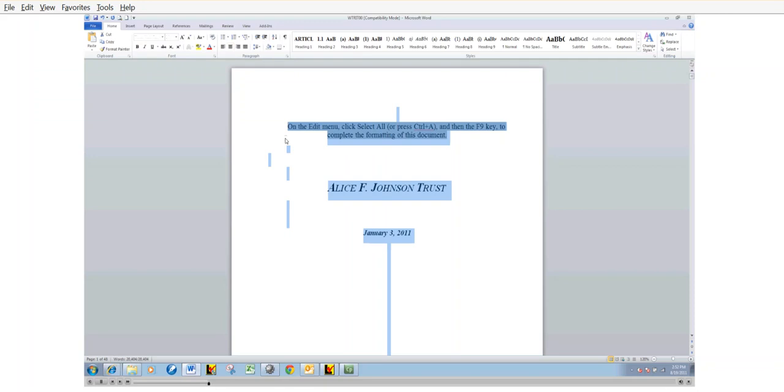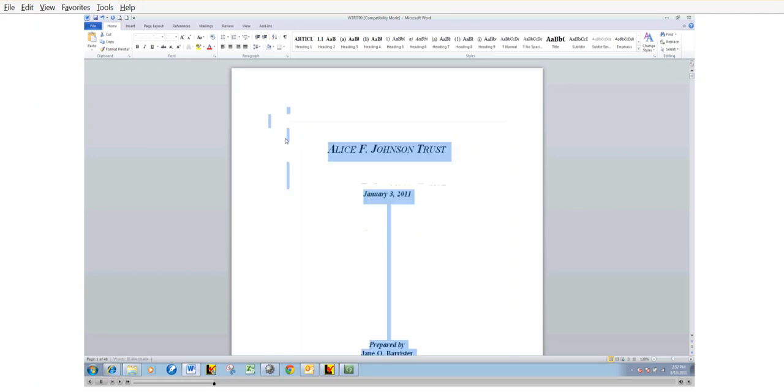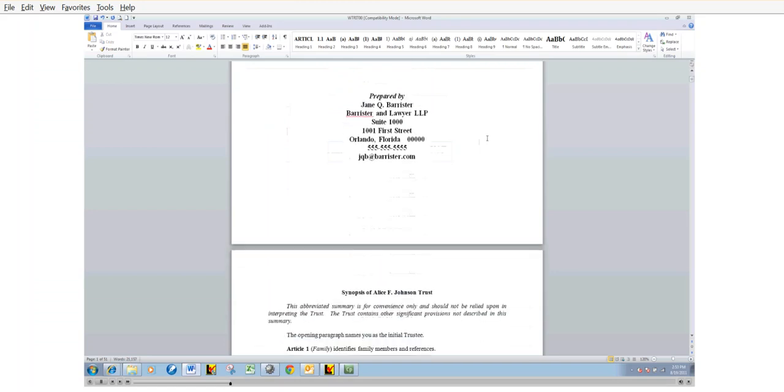Then you're going to go to the top of your keyboard and locate the F9 key. Once you press this key, Microsoft Word will then process all of the commands throughout the document, and you will now have a fully formatted document. Once that's been completed, you'll be left with a highlighted document. You're simply going to click outside the document in a white space, and then begin to scroll down and review